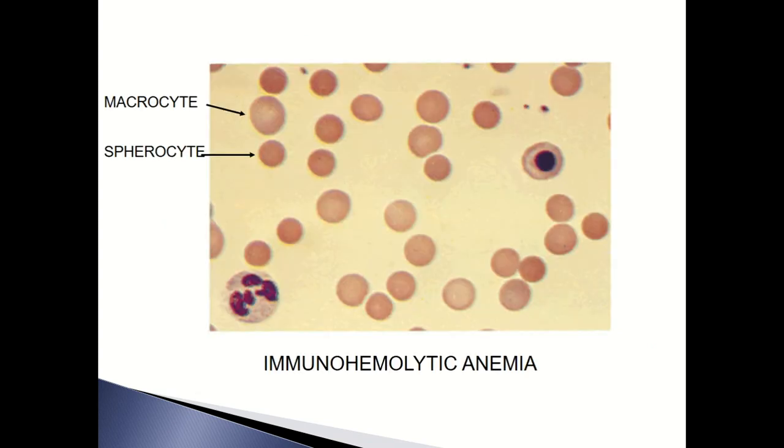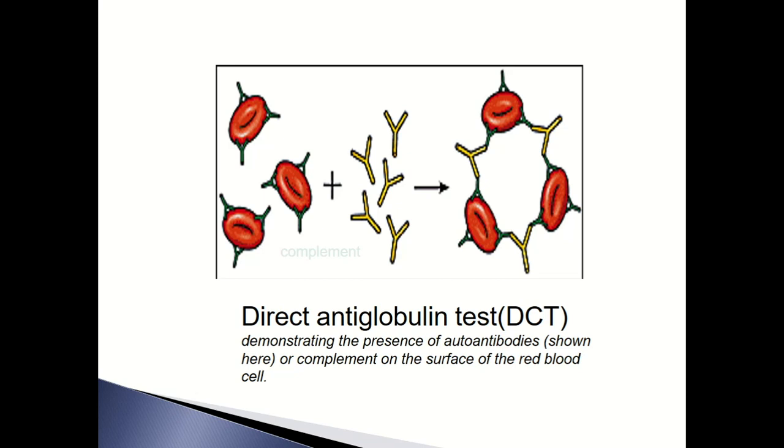You can see such hemolytic findings, which are almost constant: polychromatic RBCs, NRBCs, and spherocytes are also there. Few macrocytic RBCs are also there. Few fragmented RBCs are there. And the test to detect this kind of hemolytic anemia is the direct Coombs test, that is the direct antiglobulin test.